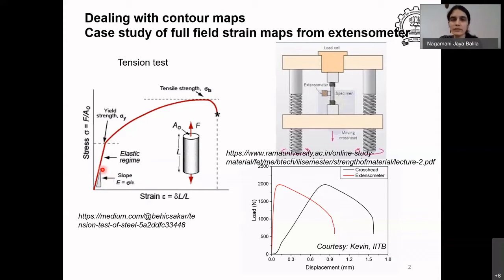One can calculate them, so you test not just one sample, right? You will test multiple samples and you will get the elastic modulus measurement from all those samples, and then you can get a mean and a standard deviation with respect to that. Similarly, you will get yield strengths, and you can also get the mean and the variance in that particular data.